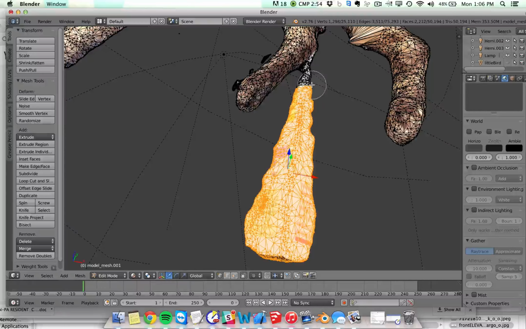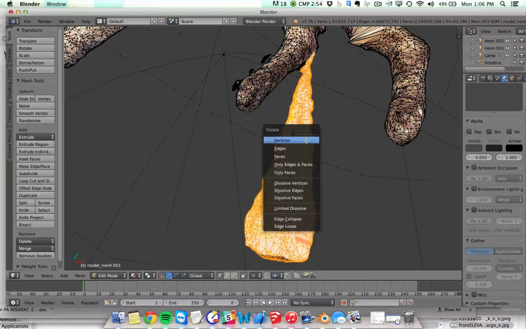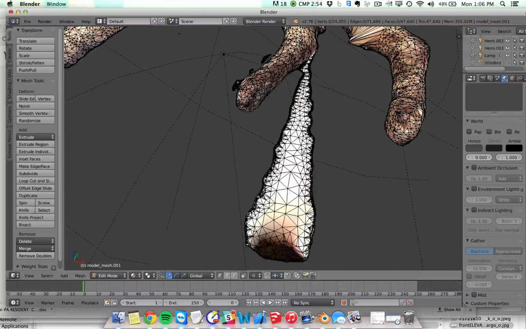Okay, so I'm just going to get rid of as much of this as I can. It's helpful to have the brush tool right here rather than using the box select. So that looks pretty good. So again, I'm going to escape out of this mode, and then I'm going to do X and do our whole delete faces. Oh, and see, this is only deleting what's visible,